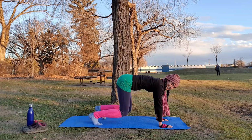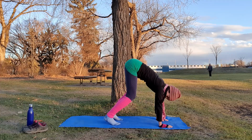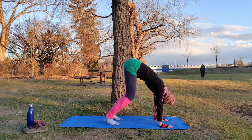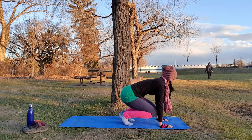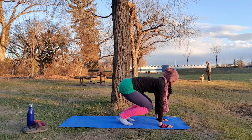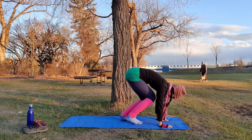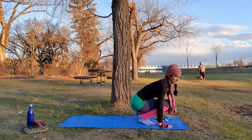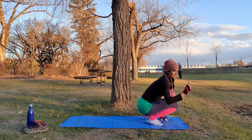More dogs. Hello. Lost track of where we were. Oh, so cute. Anyways, walk up to the front of your mat. We'll just... That's dedication, especially when there's a dog